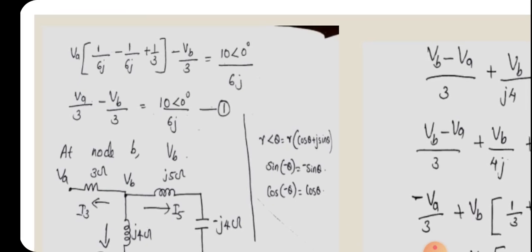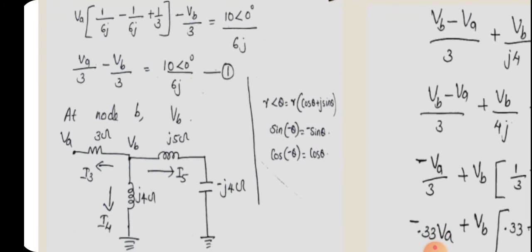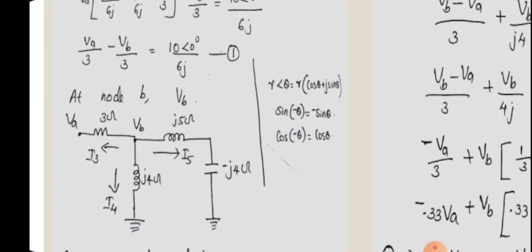So you can write this: 1 by 6J minus 1 by 6J will be cancelled out. So VA by 3 will be there, minus VB by 3 is equal to 10 angle 0 divided by 6J. That is the first equation. And next we will consider node B, and you can